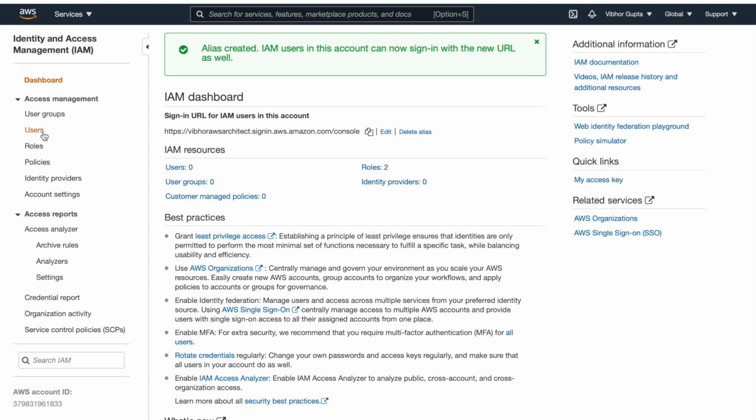The second thing that we have is users. These are the individual users that require access to AWS resources. Now the next thing that we have is roles. To understand roles, you first need to understand that AWS services can talk to each other. For example, an EC2 instance, or our virtual machine, can copy data into an S3 bucket. But to copy data, the EC2 instance needs access to the S3 service. So we need to create a role for the EC2 instance to access the S3 service.